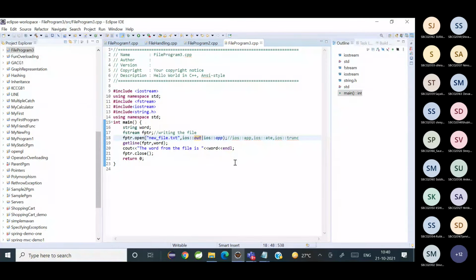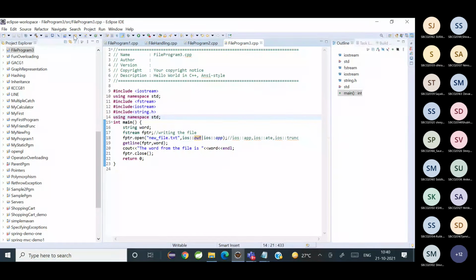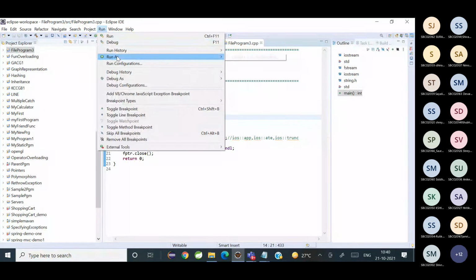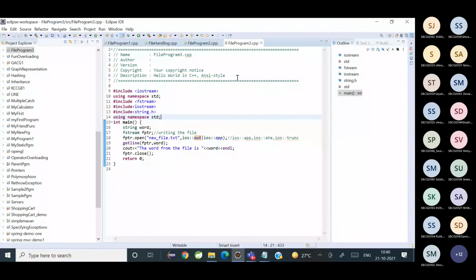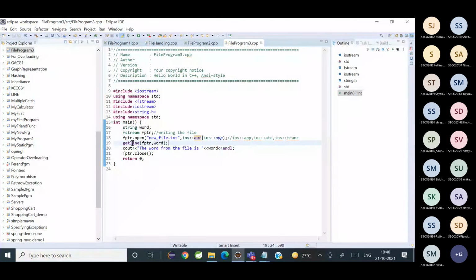Is it clear? Yes, ma'am. So let's see if it is working according to that. Okay, I didn't change the file. Wait. I've opened it in output mode.